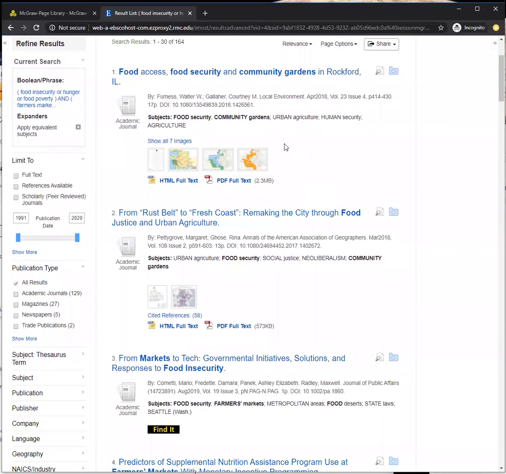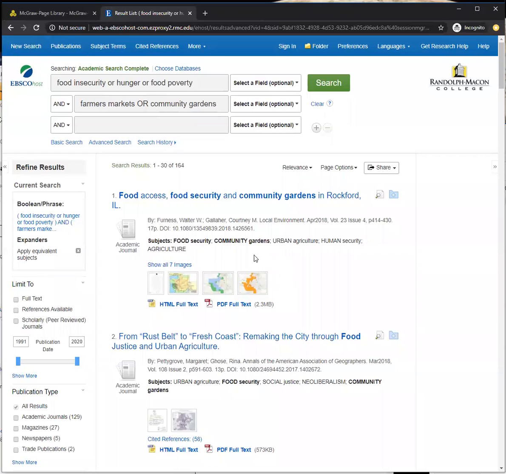And actually what's interesting is the word food insecurity isn't necessarily coming up. The word food security is. So maybe when we're talking about food insecurity, the actual correct term is food security. So let's fix that. If we do a search for food security instead of insecurity, we had 164 results, now we have 233. So clearly that's the better term to use for this, okay? So make note that if you want to go back and do some more researching, food security is a better idea than food insecurity, okay?